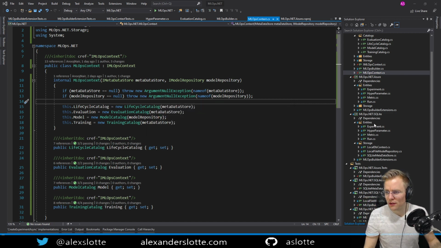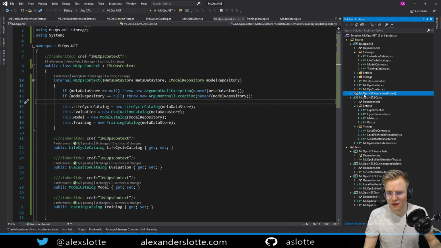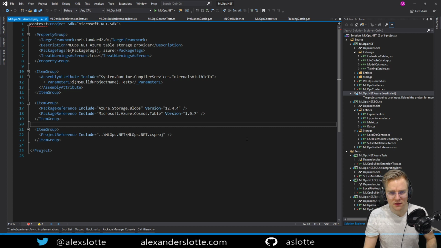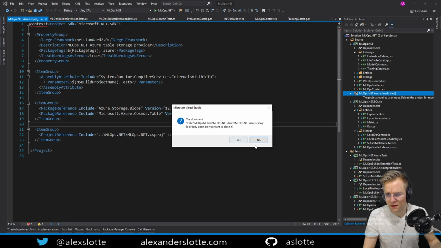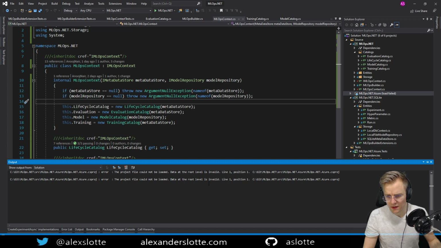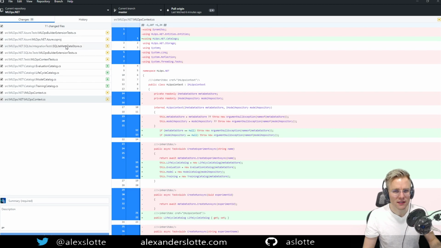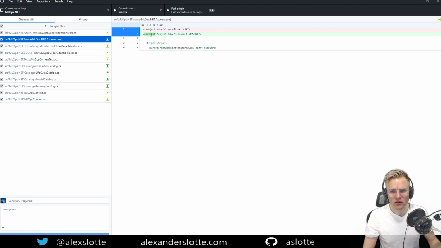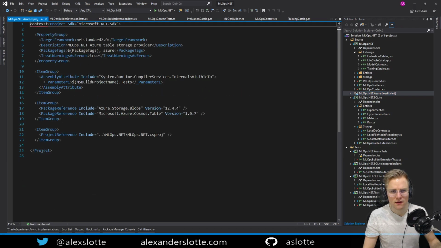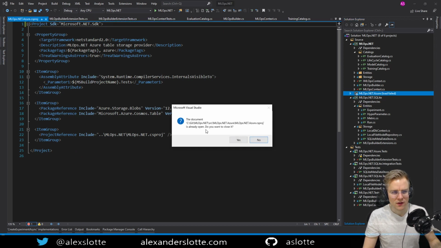Okay, please reload. Did I break something here by mistake? Yep, I did. What did I change? Oh, okay, what did I break here? Best part with source control is you can see it. I changed something by mistake and that was not intentional. Okay, I managed to do that, so stupid. Okay, there we go.